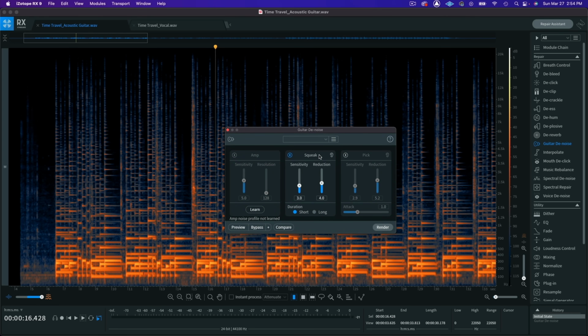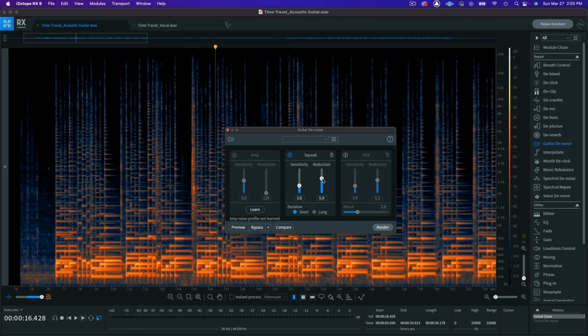So a quick explanation of the different controls. You have sensitivity, which basically controls how much is going to be picked up by this. So all the way at the top is going to be picking up every little noise and squeak, potentially a little bit too much, starting to turn down musical information, and it could sound unnatural. So we don't want to overdo it. We don't want to underdo it, because all the way at 0, it's not going to pick up anything. So we want to be somewhere in the middle there. I think the default is 3.